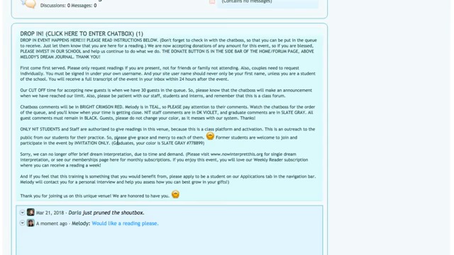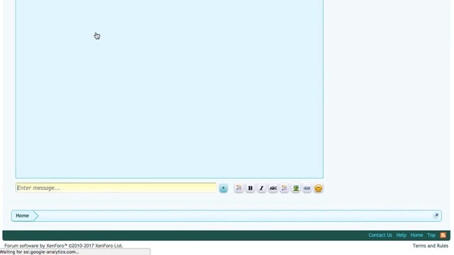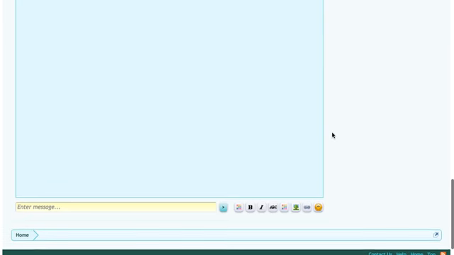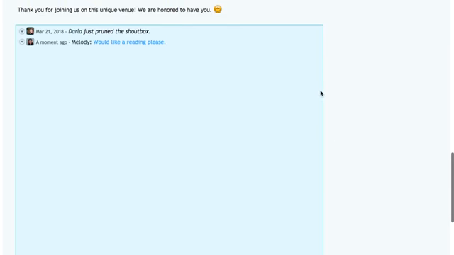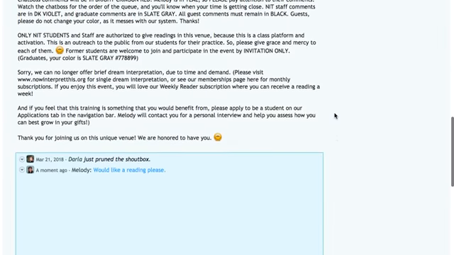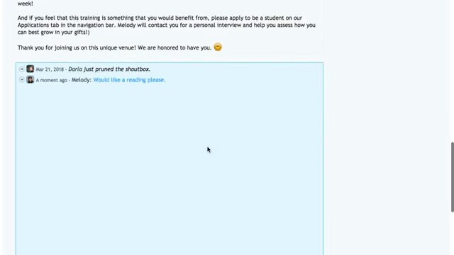Now, also very important, when you get here to the drop-in, when it opens up, you're going to see up above the chat box a link here that I can click on. This is how to get into the chat box. So I'm going to show you that it looks different when I enter the chat box. Now you can type in here whether you're in the chat box or you're just looking at the chat box as you see.